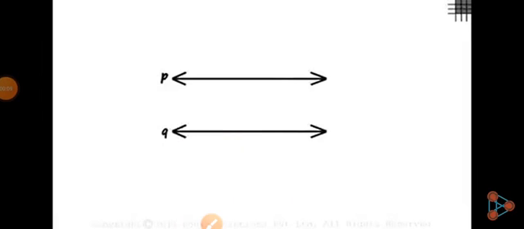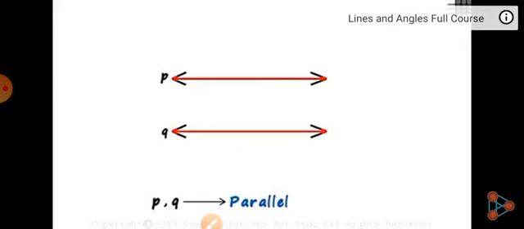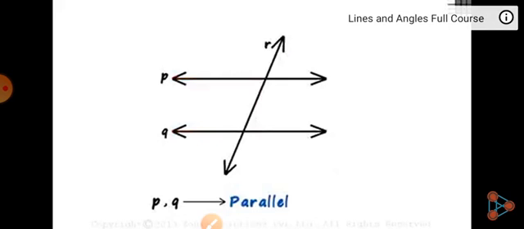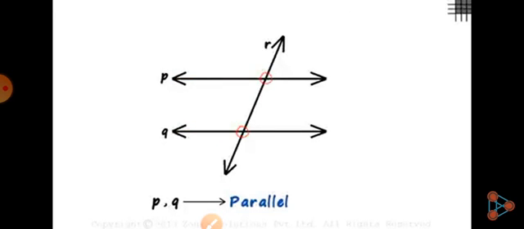and line Q, which are on a plane. The lines are also parallel to each other, which would mean that they do not intersect or ever meet. And this is transversal R, which cuts the lines P and Q at two distinct points. In this video, we will try to understand the different types of angles formed by the transversal with two parallel